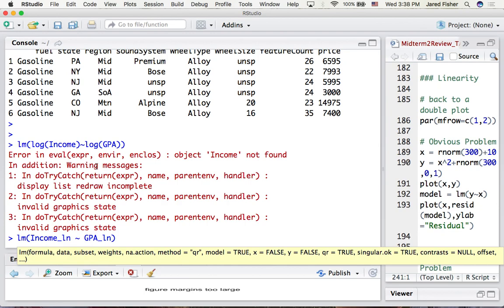Sorry? I can't hear the back half of your question. So when do we use the log function versus just not using it in the data set? Great question. So